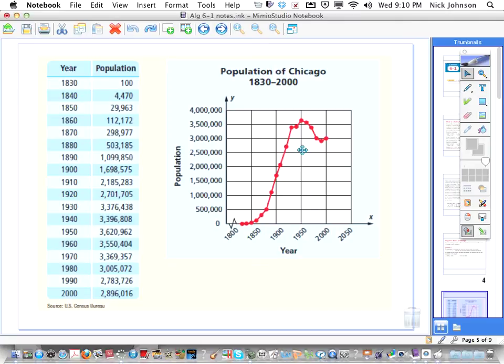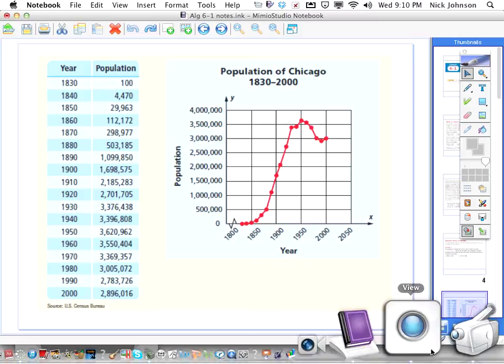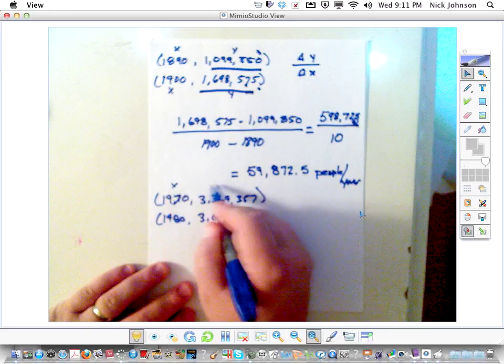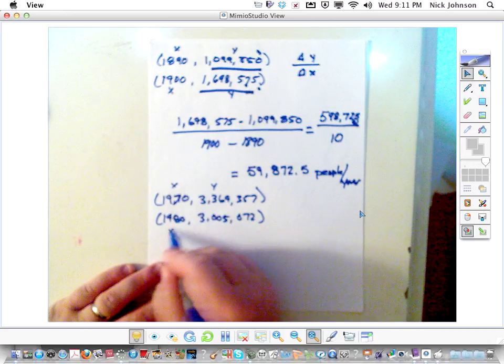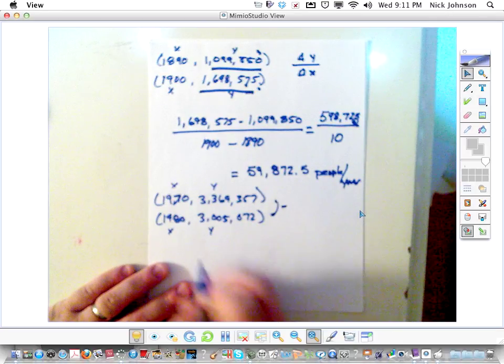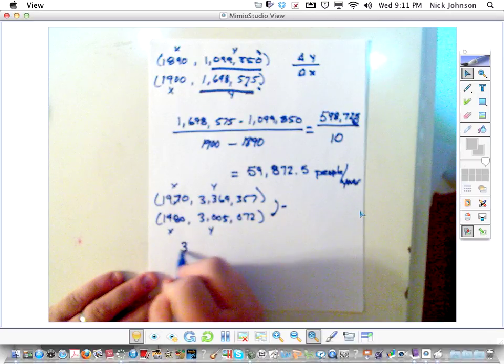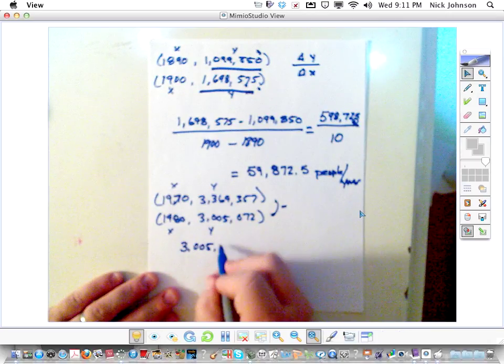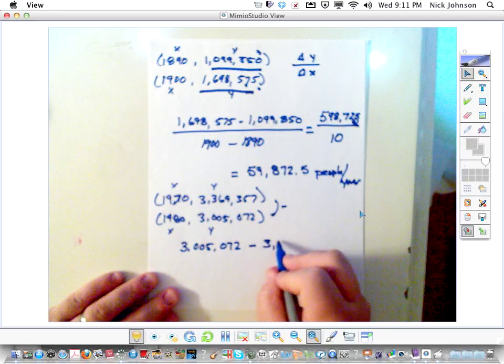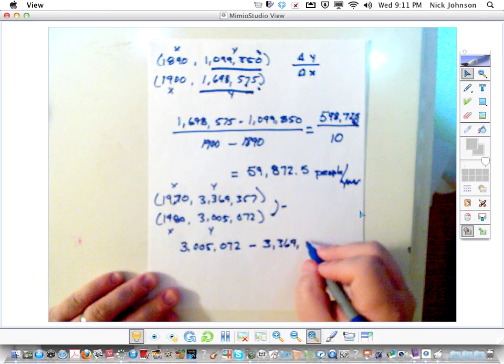Let's see if it looks the same on the map or on the graph. We go to 1970, which is going to be about right here, down to 1980. Yeah, it's going down, so my rate of change should be negative. Let's do our math. So, once again, x value, y value. X value, y value. I'm going to take this and subtract it from this. So, my change in y's, 3,005,072. Subtract